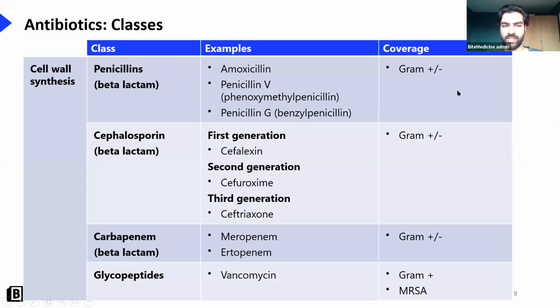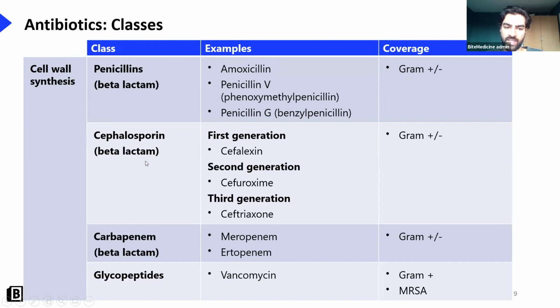Looking at this in a bit more detail, so if we start off with those which block cell wall synthesis, starting with the penicillins, we have things like amoxicillin, penicillin V, and penicillin G. So penicillin V is short for phenoxymethylpenicillin, and penicillin G is short for benzyl penicillin. When we think about antibiotics, we need to think about what organisms these antibiotics can actually work against. Penicillins are active against both gram-positive and gram-negative bacteria. Okay. Cephalosporins